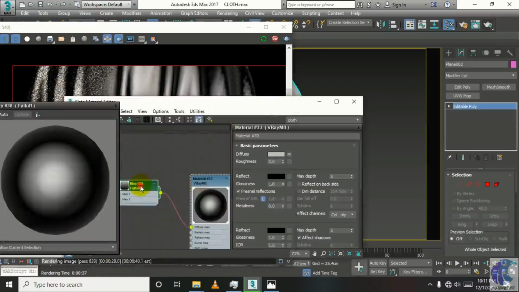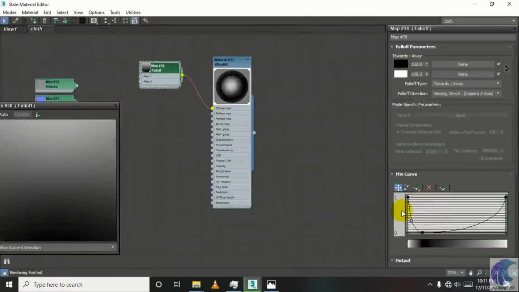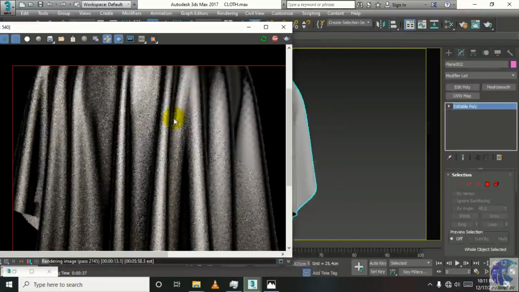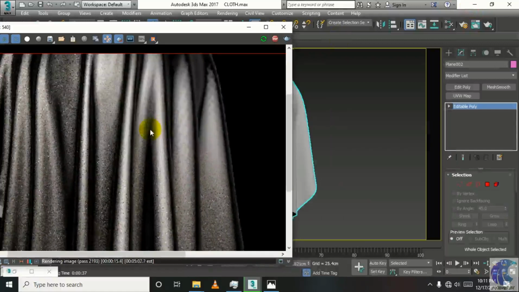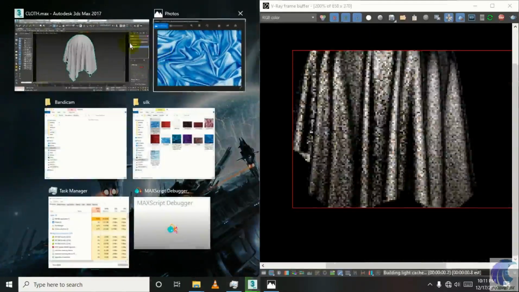I did not spend more time on the falloff material because I was testing it before. So I tested and I found this result working for me. So let me show you one another thing. This is our material and we are getting a very good result, the result we wanted. But somewhere, just let me change